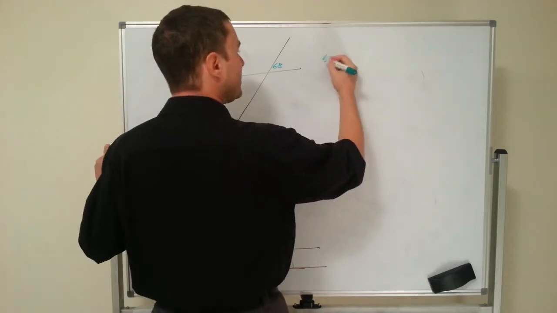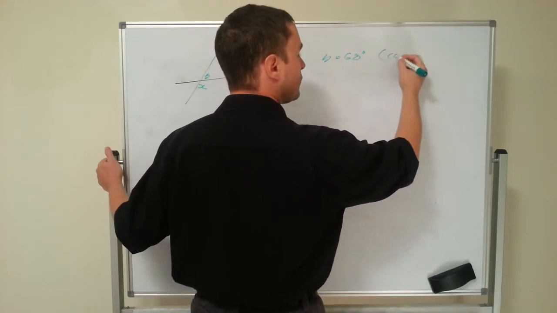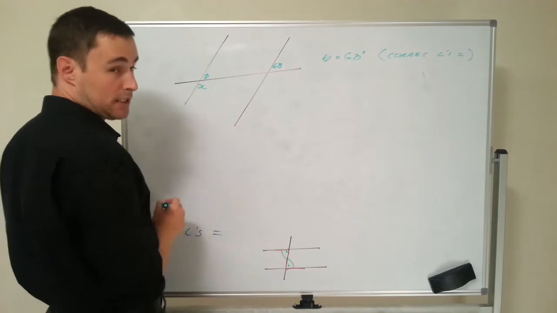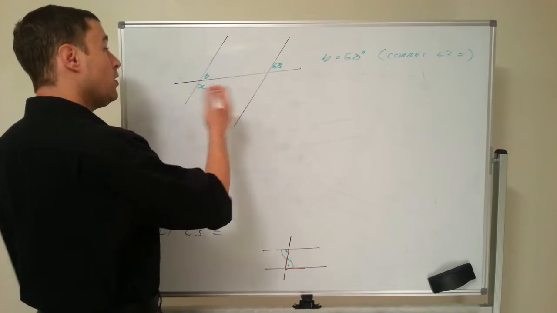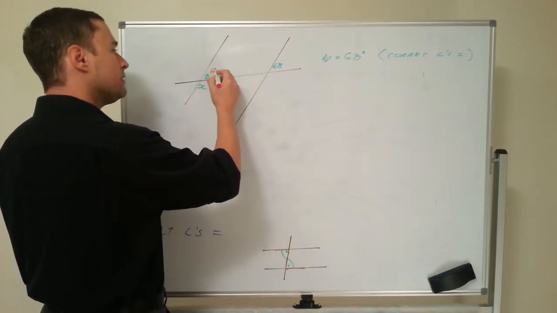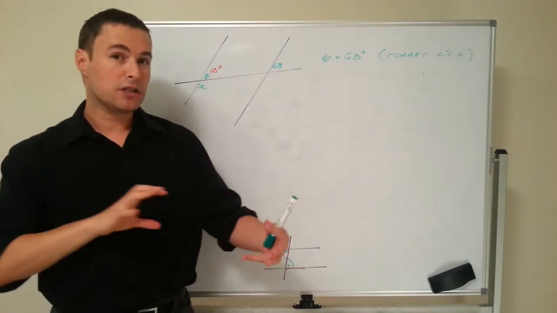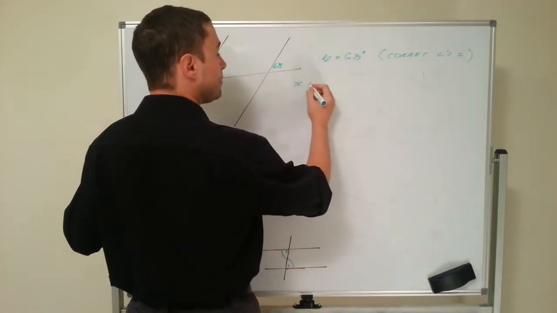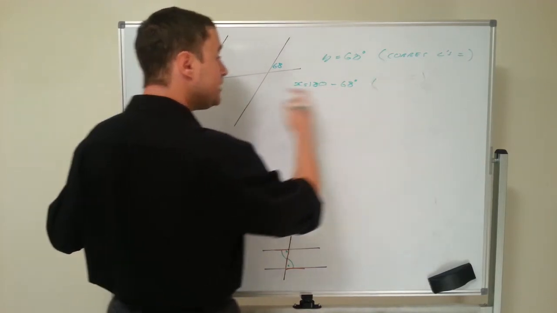Firstly, y equals 68 degrees. Why does it equal 68 degrees? Because it's corresponding. Corresponding angles equal. So y equals 68 degrees. Now another tip that I suggest is that when you're working in a test, you've got a picture there. Write in the amount that you figured out as you're going, because that usually helps to fill in the spaces. And now we can do x equals 180 minus 68 degrees, and the reason for that